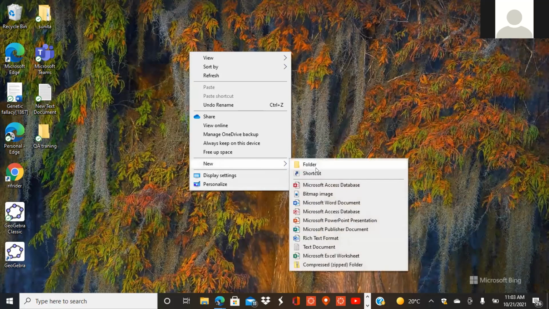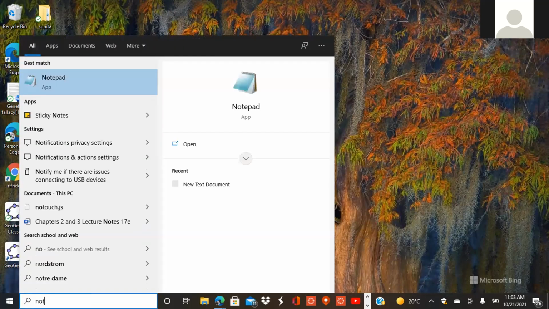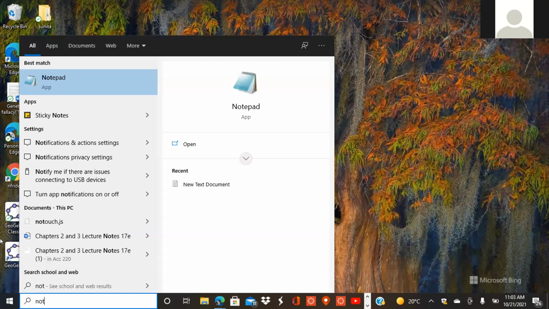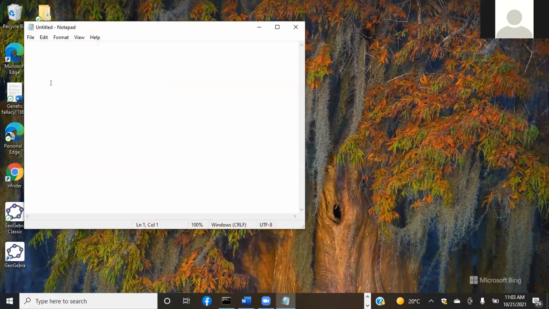Create a notepad. No need to create a folder. Have you ever used Notepad? No. So you just search for Notepad in the search bar. That only I was showing you till now, the notepad file where I wrote the code. Yeah, this one. Yes, this is Notepad. Oh, now I can write.